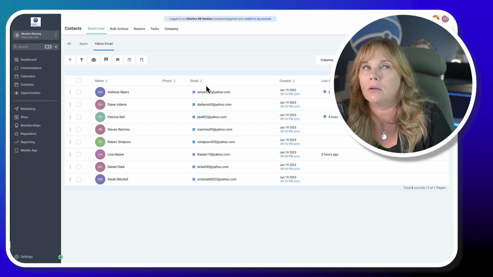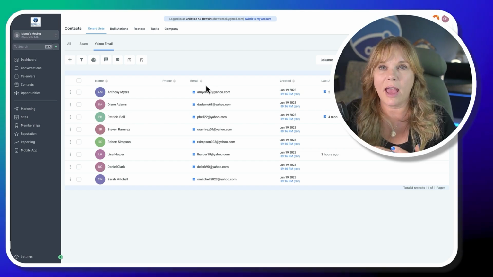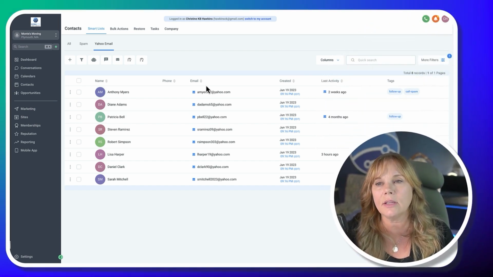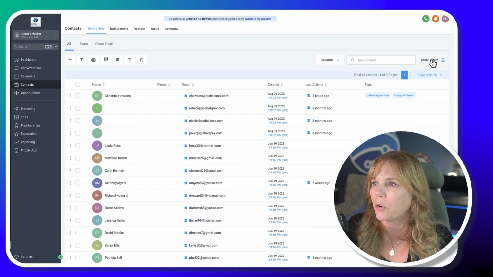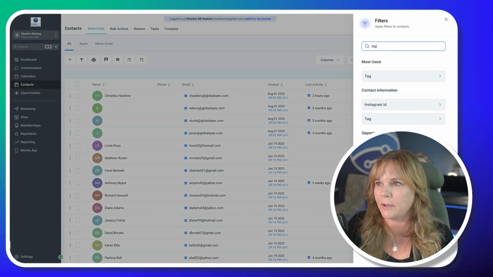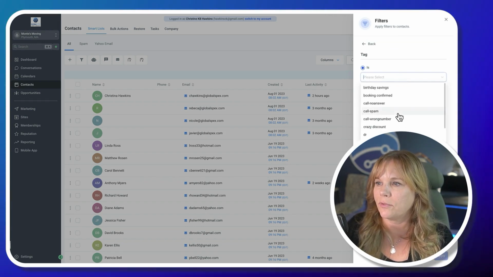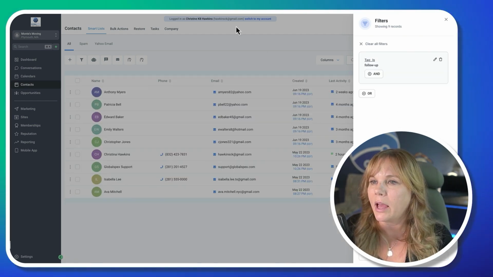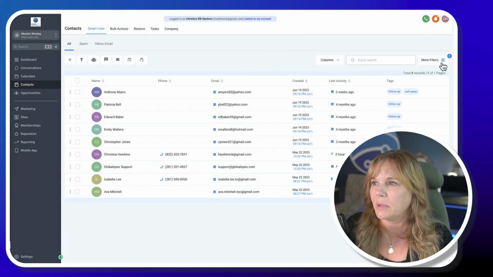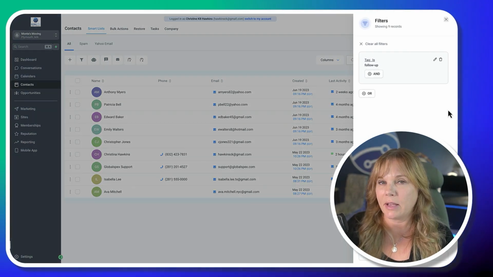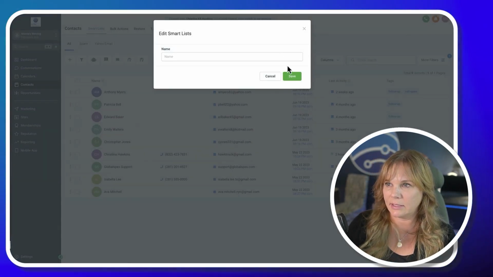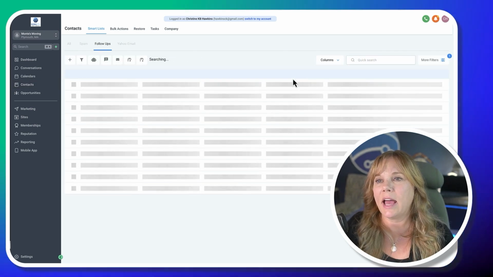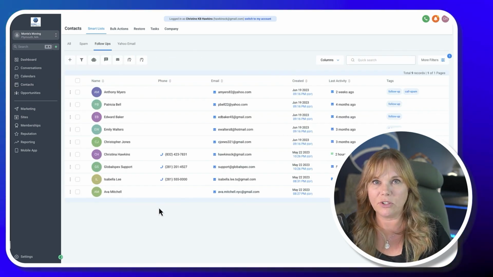If you've got cities, you can have each of your cities as a smart list. I like to create all the lead tags. Again, back over in all, I hit more filters and I search for the tag. I hit tag and I can search for maybe anybody that needed a follow-up, right? I hit apply and now we have a follow-up. I didn't save it, so I'm going to hit my filter again and now save my filter. So now anybody that's been tagged with follow-ups, these are my follow-up lists.